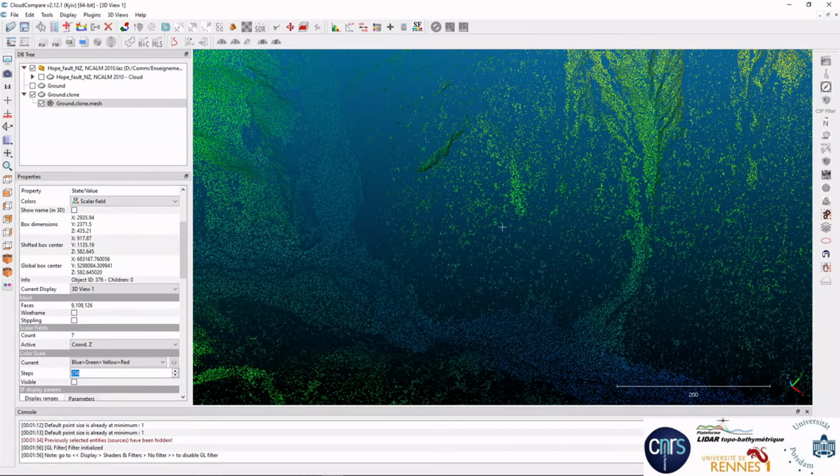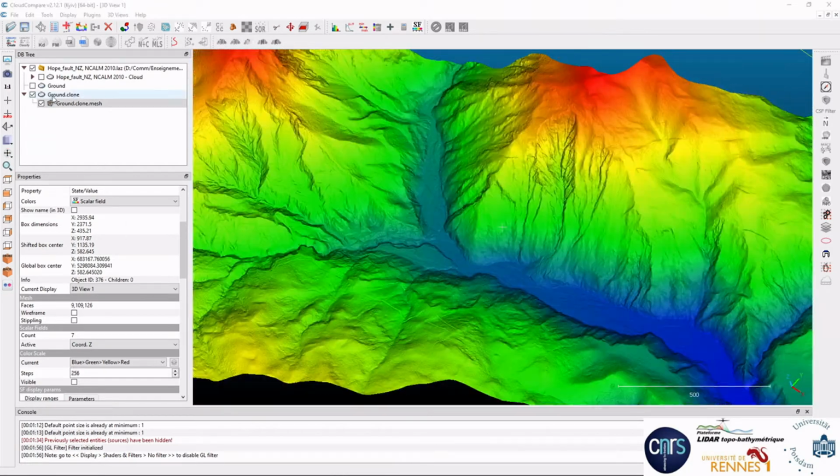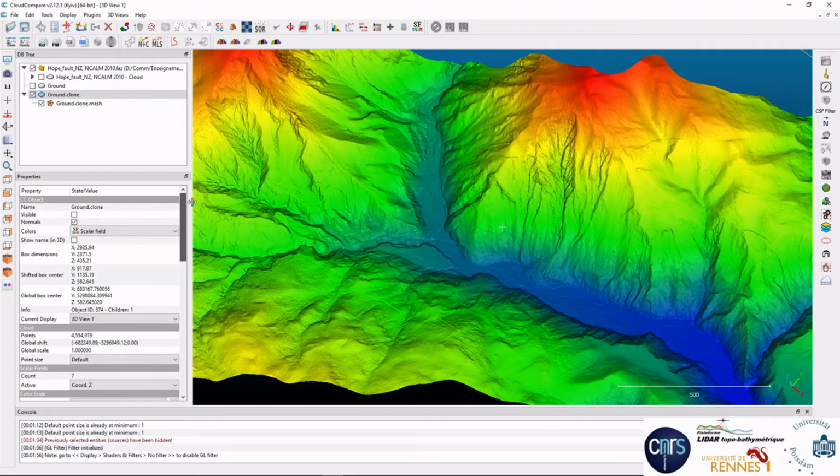One thing to note is that when you use this function, by default, the points that have been used to create the triangulation are no more visible. They have been automatically deactivated. You need to click visible.